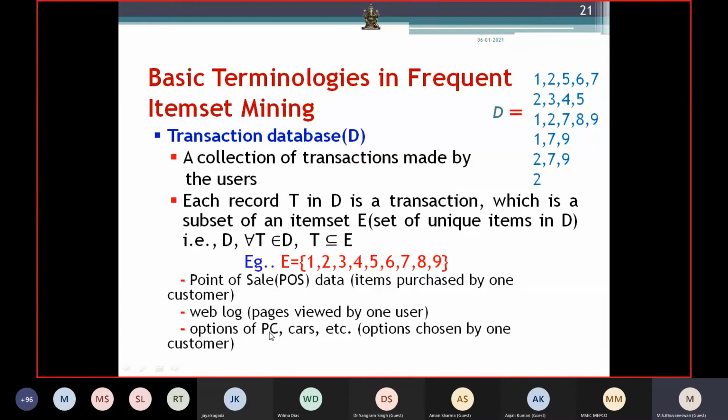So options of PC, cars, etc., the options chosen by one customer. 1 represents PC, 2 represents cars, 5 represents bike, like that. So what are the options selected by the user? All these things can be converted into a transaction database, depending upon your application.